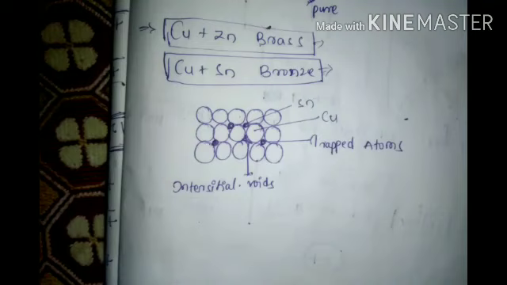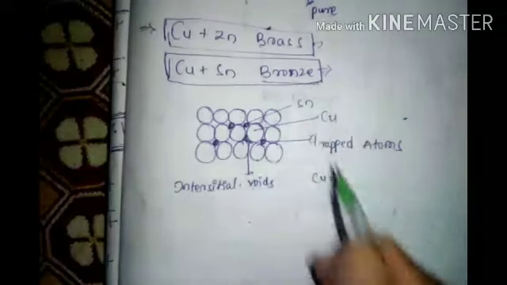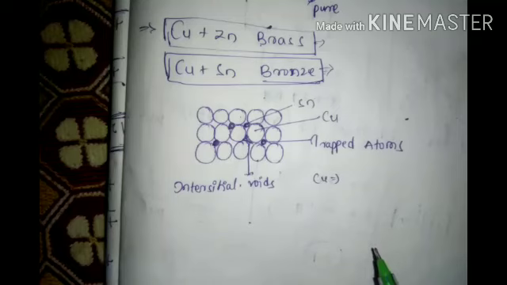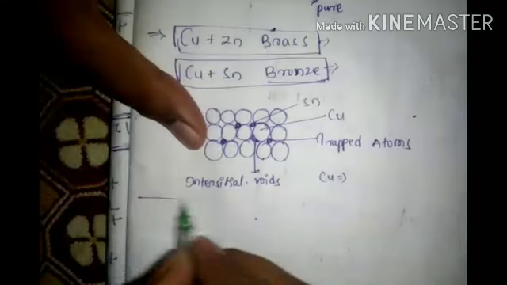Alloys are very hard and rigid. They have high melting points, higher than the pure metals. So compared to copper, this bronze has a higher melting point. Okay, these are the things. Next, this is the topic till now. Whatever transition metals, all are completed. Now some general groups are there.